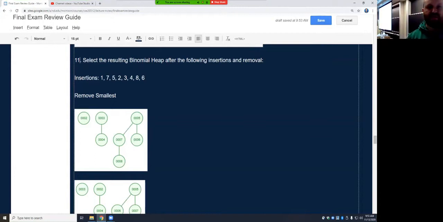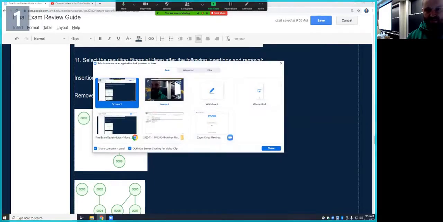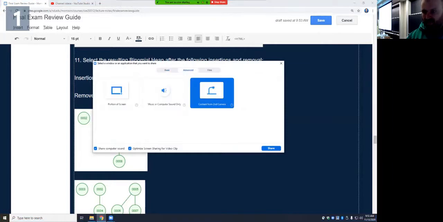Select the resulting binomial heap after the following insertions and removal. 1, 7, 5, 2, 3, 4, 6, and 8, and then remove the smallest. So when you're approaching this problem, a good shortcut would be just to take the first two and draw those